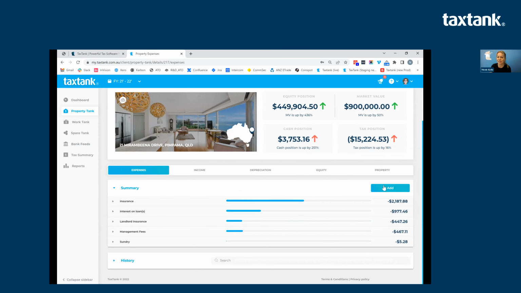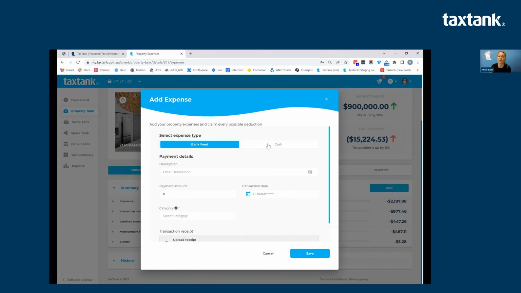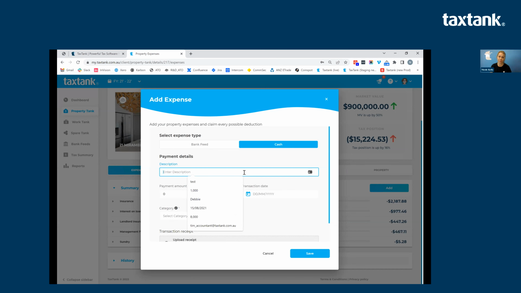So expenses is an easy little addition. We have bank fee transactions and cash transactions. Bank fee transactions will show up on your bank feeds to be able to select later on. Cash obviously won't. It's just for cash transactions that will have no bank transaction associated. You can type in a description, and so if we've done some rates, we can put in an amount, the transaction date,